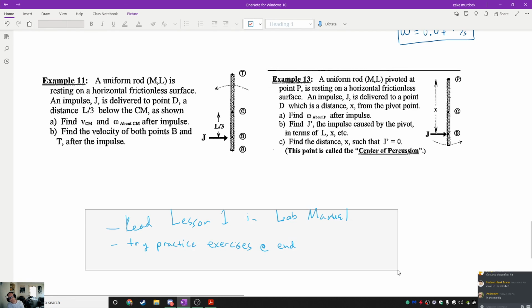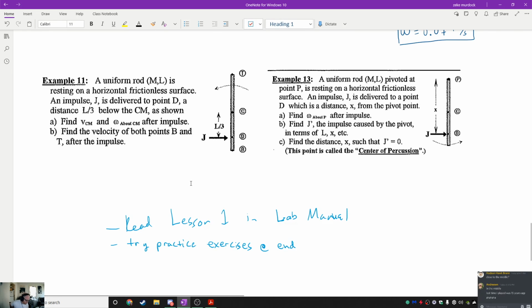And then we'll go into doing lesson 1 from the lab manual and practice exercise. Yeah. 15 years ago. It's a long time. Okay, so that's all we're going to do for today,